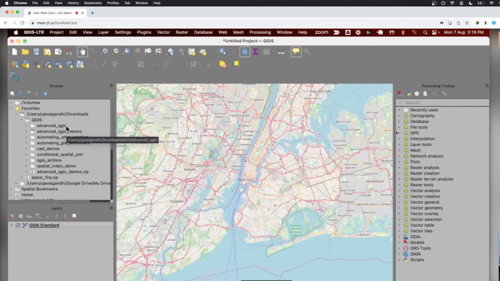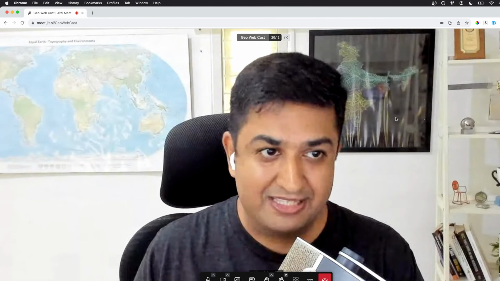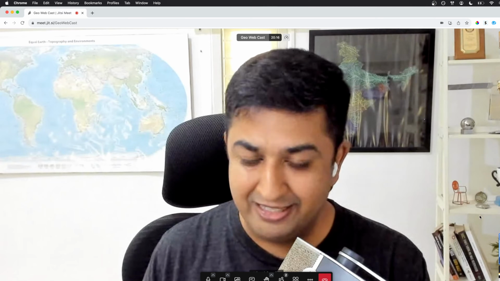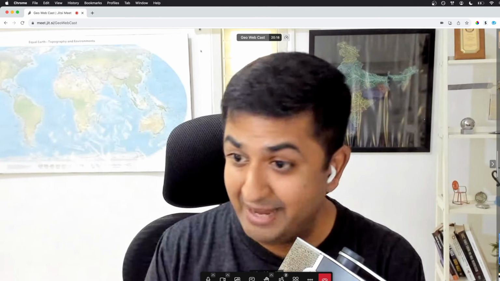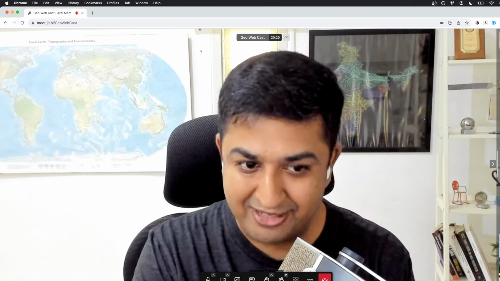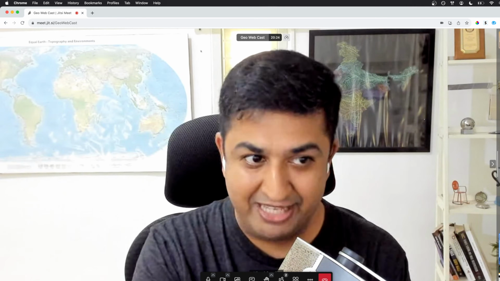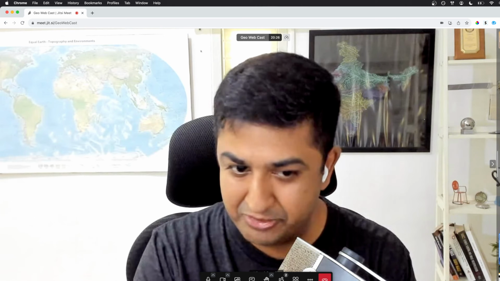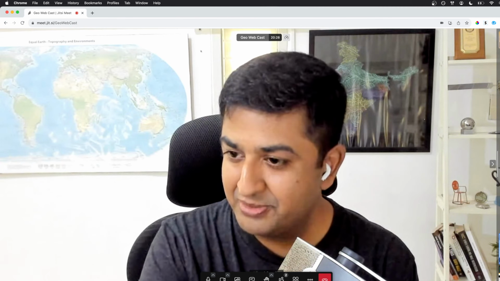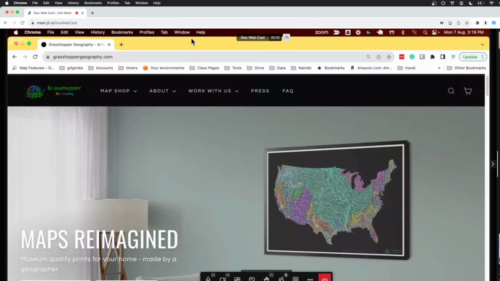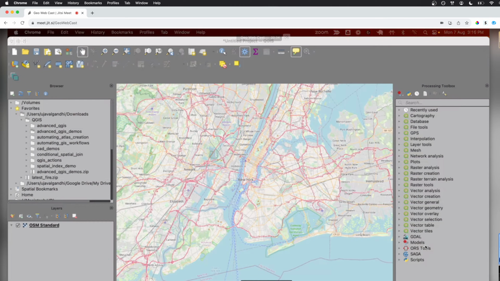Do you see that map behind? There's a map of India. This is the rivers of India map. I purchased this map from a website called Grasshopper Map. They make these amazing river maps where each basin has different colors. Again, they are professional cartographers. They might have used some professional software, but we can do this in QGIS in 3 steps. I'm going to show you, and you can use your toolbox to do this.